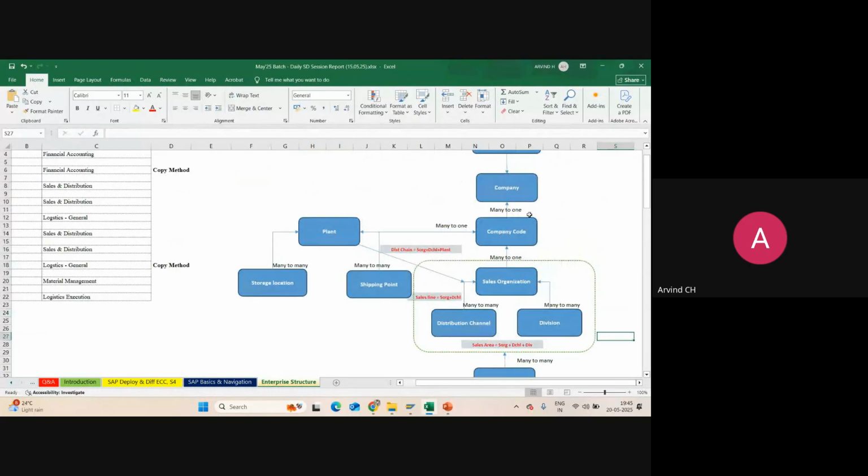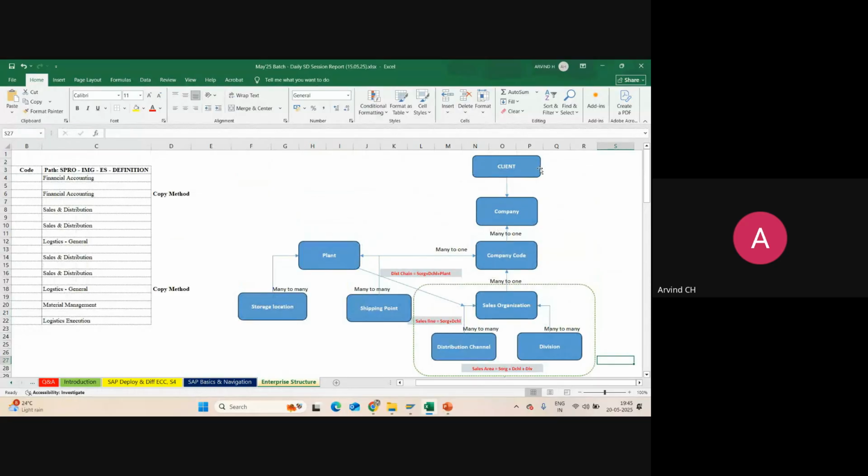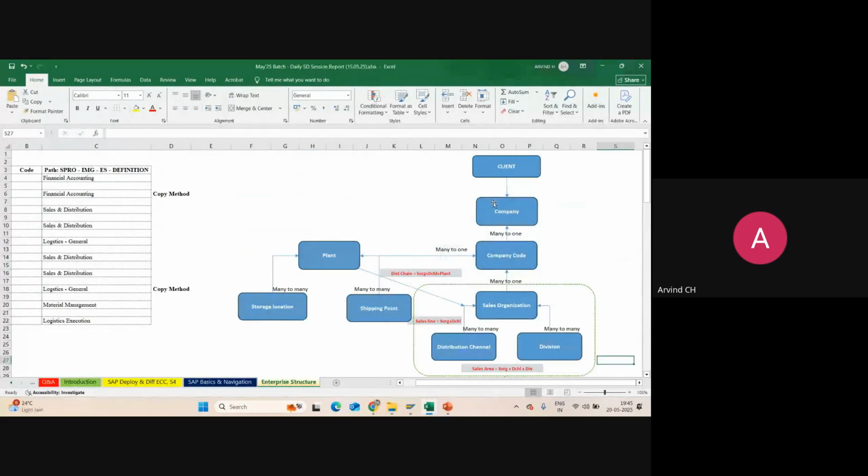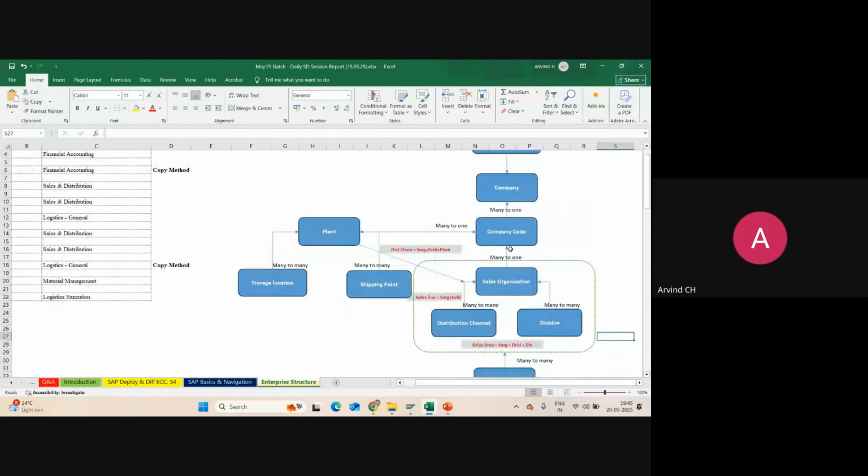Whereas client, as I explained yesterday, right, is the highest level of unit in the SAP system. So under the client, all the modules' enterprise structure will be defined or created. Under the client, there is again the company. Company also is the next higher level organizational unit. Under the company, there is a company code, followed by the particular module